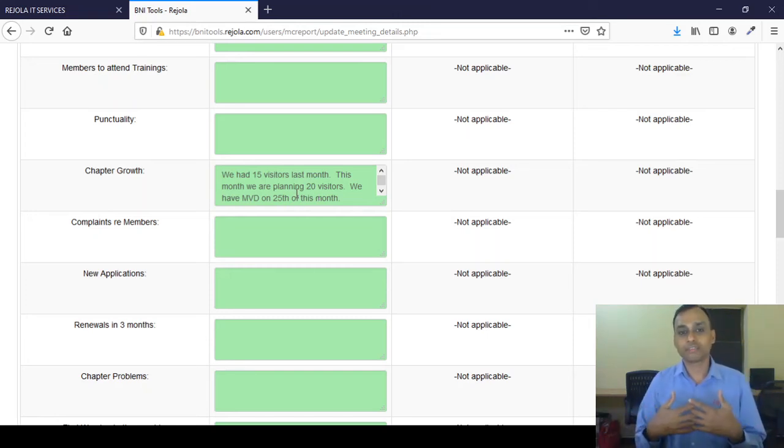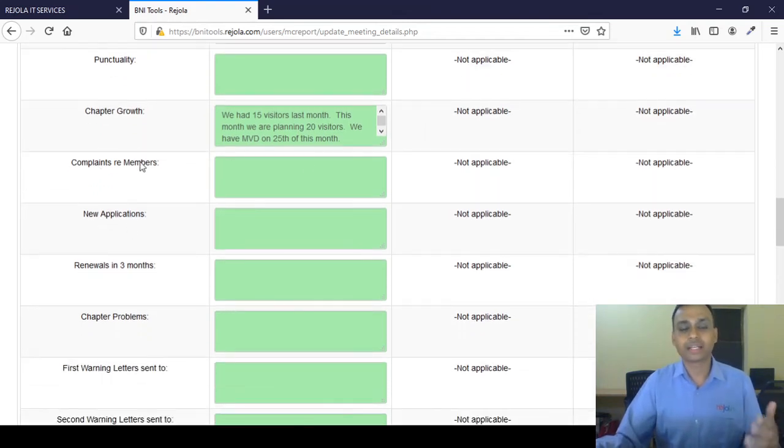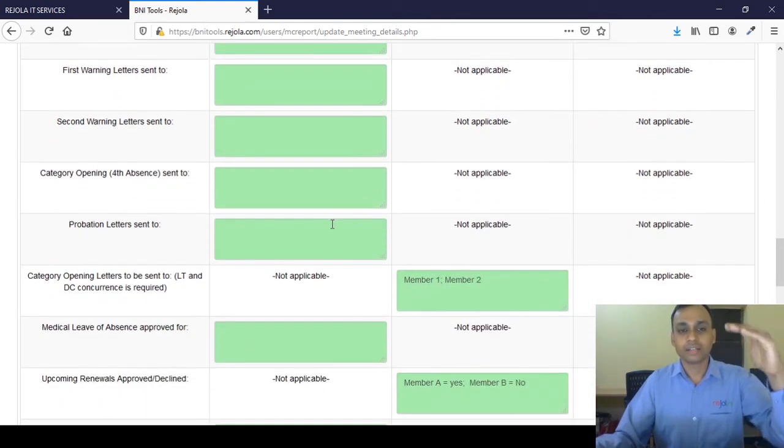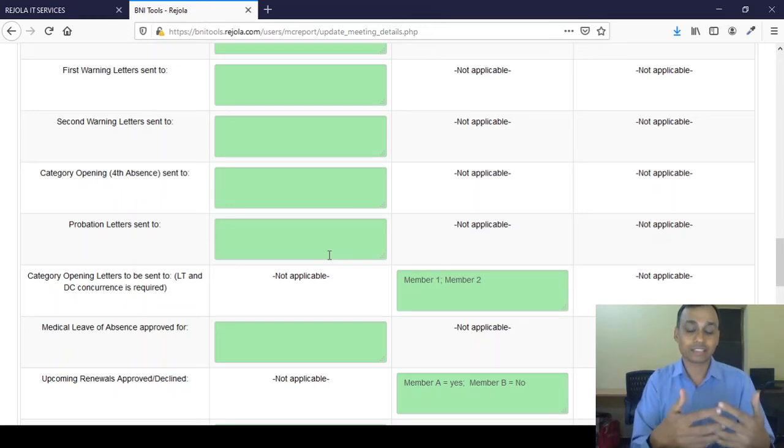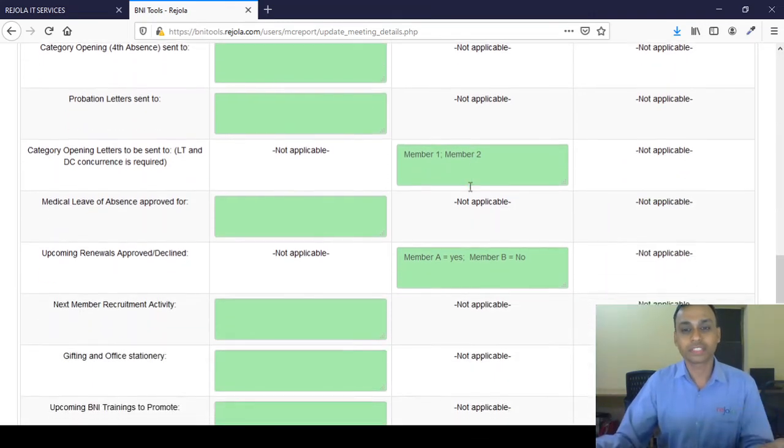When an application review member logs in to make updates, they will not be able to update here. For example, complaints regarding members, only the vice president can update. The fields have been made accessible depending on the role player who is accessing the software.